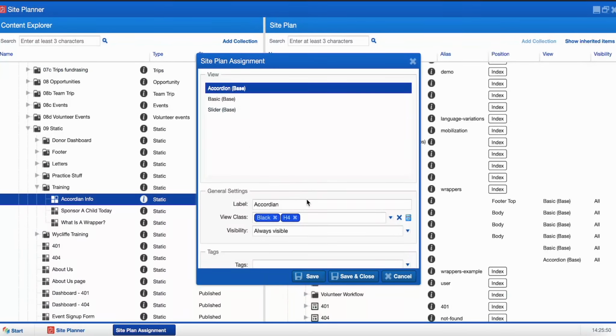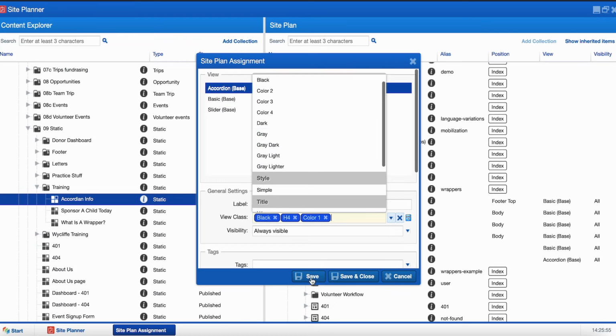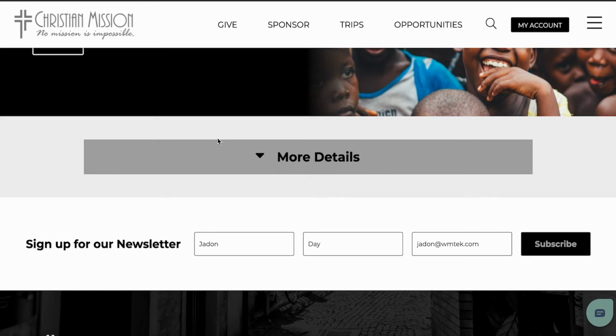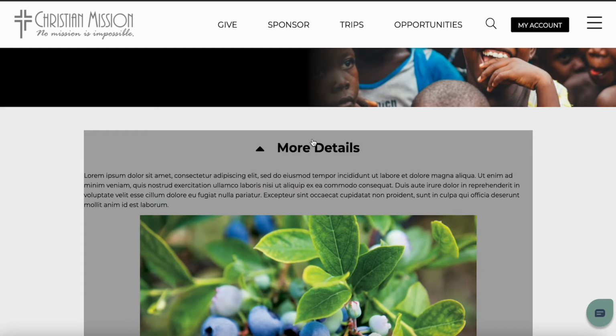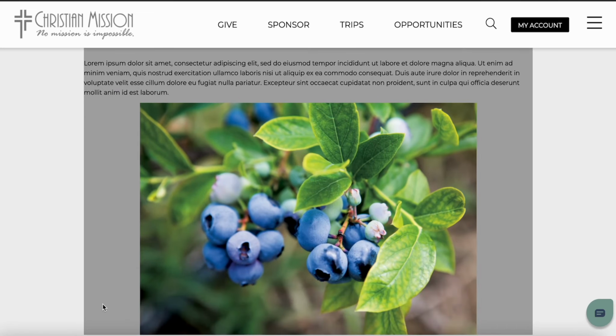So if I were to apply a background color to this, say we do 1. I have no idea what color 1 is, but we'll just see. So it's a dark gray. It's just going to fill in the background there. And of course, if you want, so for example here, if you had a background, it presses up against the